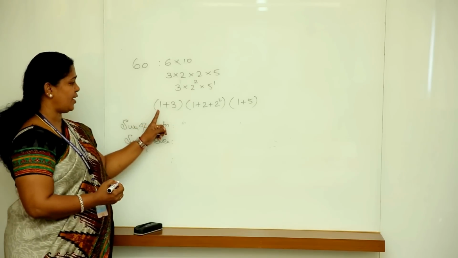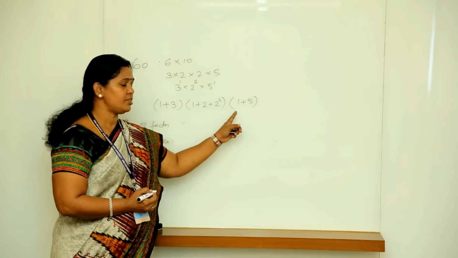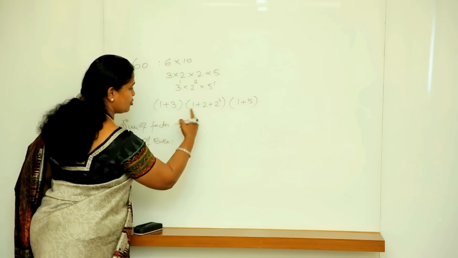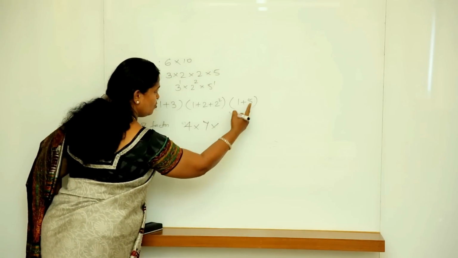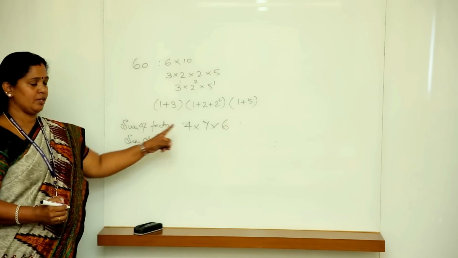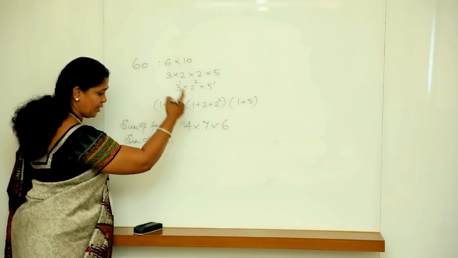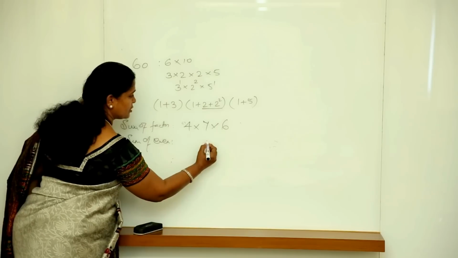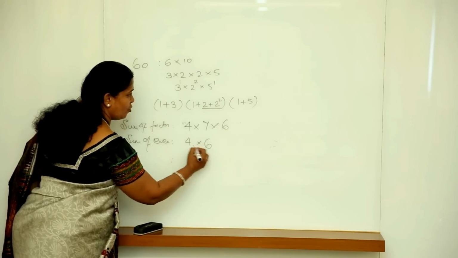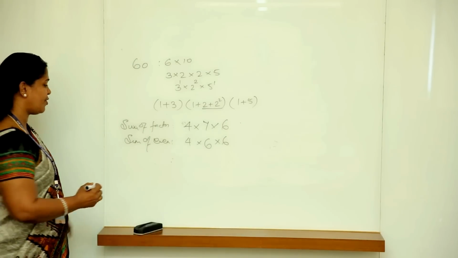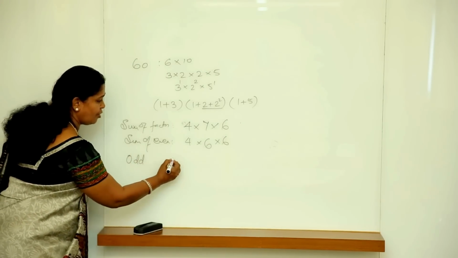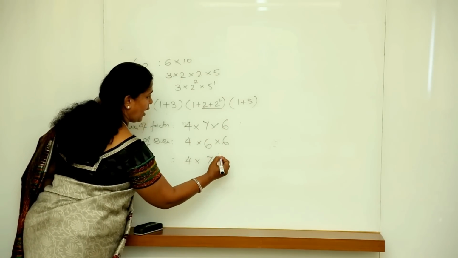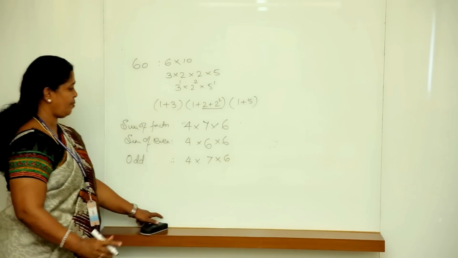To find the sum of all the factors, I am going to get the sum of this, this and multiply, which is nothing but 4 into 4 plus 2 plus 1, 7, into this is 5 plus 1, 6, will give you the sum of all the factors. Even will be taken care of by this combined with these two. The sum of this is 6 into 4 into 6 gives you the sum of even factors, and the sum of the odd factors will be 4 from here, 7 from here and 6 from here gives you the odd